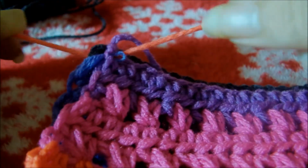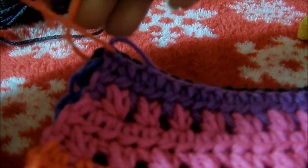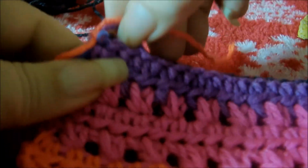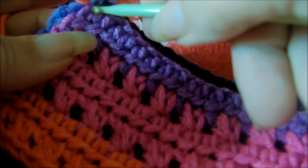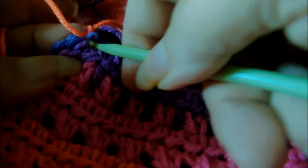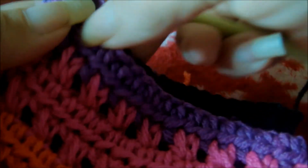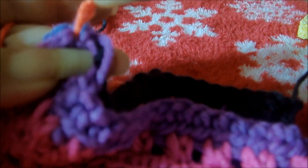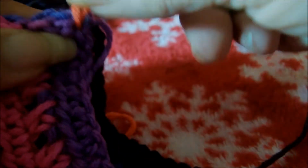Okay, I thought I'd show you this too. So I'm going to tie these two together. And then I'm going to insert my hook. And I'm going to pull through. And then I'm going to chain 2, and then I'm going to,